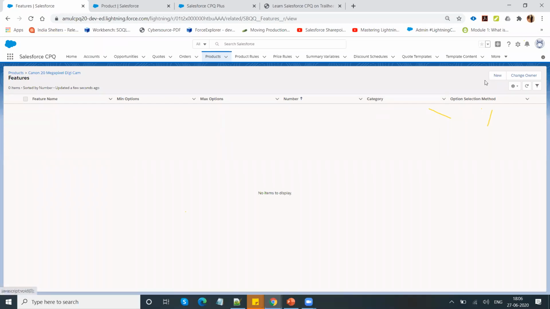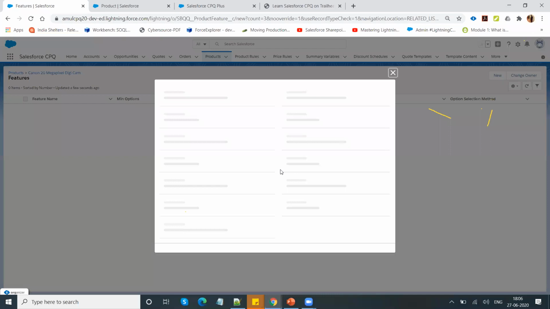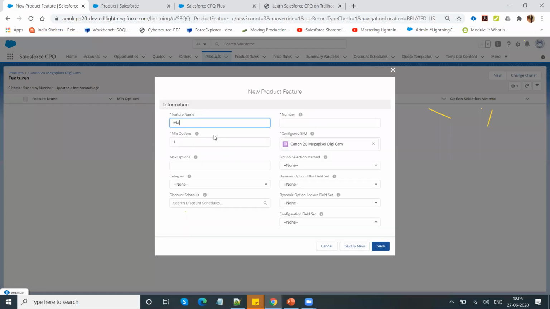So what I'm trying to do, I have my product called main machine, right? A main hardware machine, right? So I am typing main product. In this main product, I will see my product called main camera, main machine, right? I can select only one option, or a minimum and maximum option. What it does is, from this feature or category, how many products I can choose. So I can choose minimum one and maximum one. What does that mean? I can select only a maximum of one product from this category. So let me select this one and click on save.